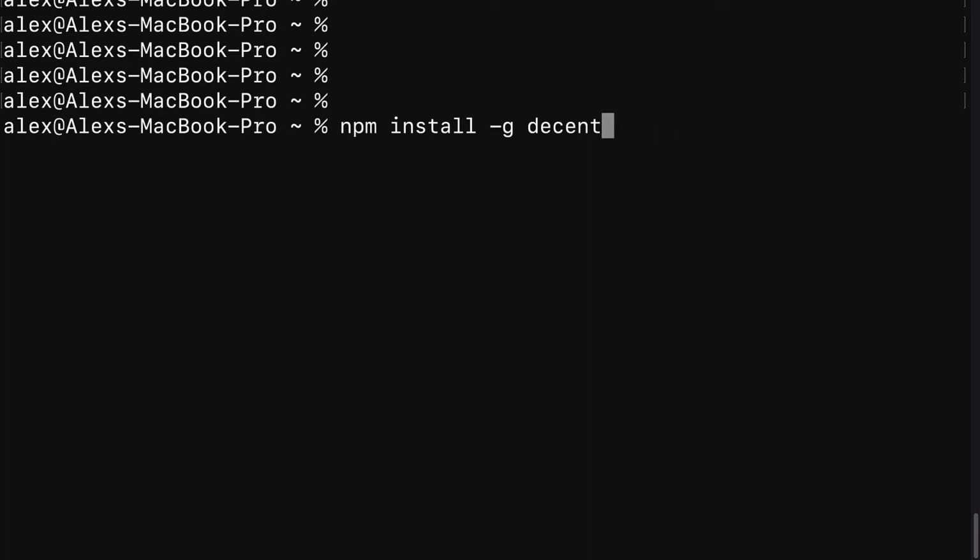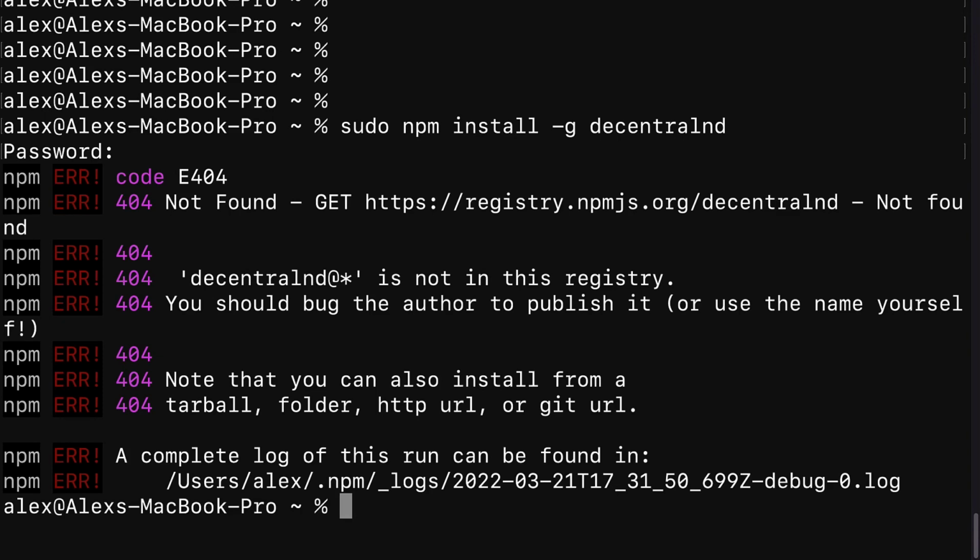If you are on a Mac, then you're going to open up your terminal application and use the command sudo, which means you are running the terminal command as an administrator. Then you're going to use npm install -g decentraland. So very similar. Hit enter and enter in your password for your computer and hit enter again.